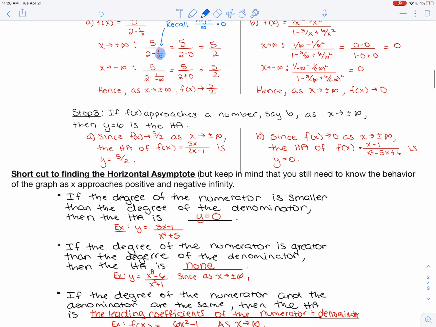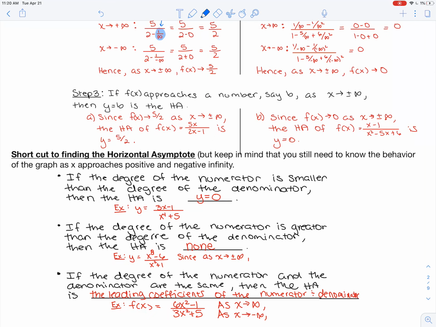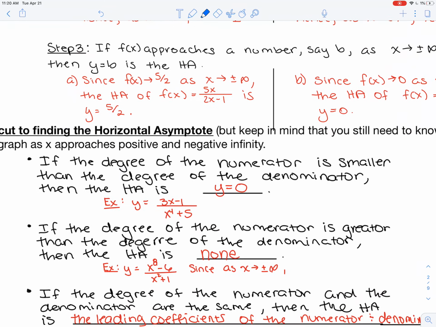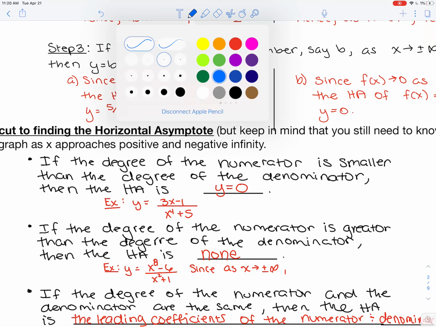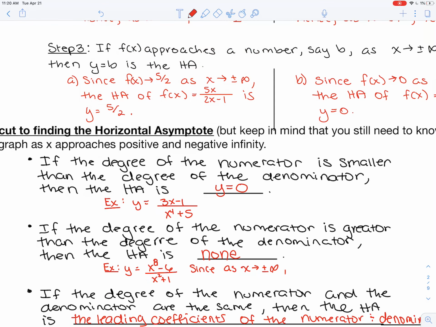So here we go. If the degree of the numerator is smaller than the degree of the denominator, then the horizontal asymptote is y equals 0. And I mean, you can probably see why, because if you think of plugging in positive infinity, just like we did earlier,